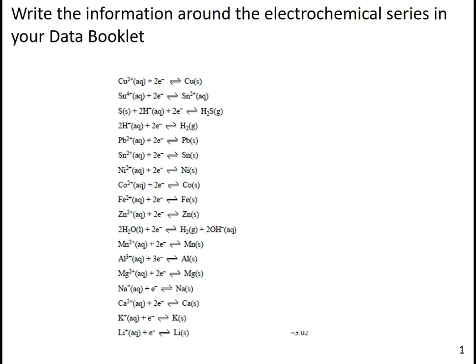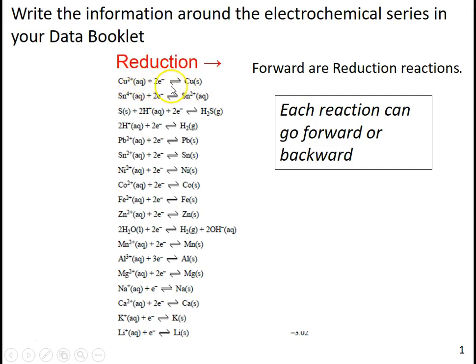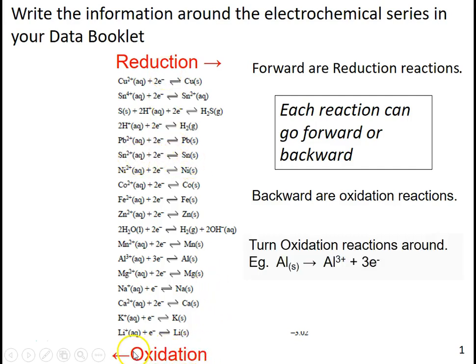First thing that we're doing is you have to make sure your data booklet is set up so each of the reactions can undergo reduction. So reduction's the forward reaction, so actually write this in your data booklet. The back reaction is oxidation, so actually put this in your data booklet. If you pick an oxidation reaction, so if you want the aluminium to lose its electrons, remember oxidation is written this way with the electrons on the other side, so actually pick it up and